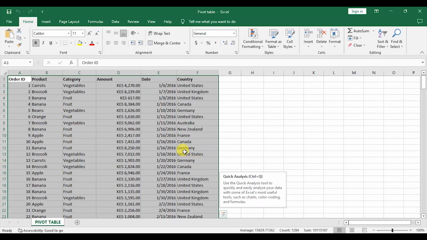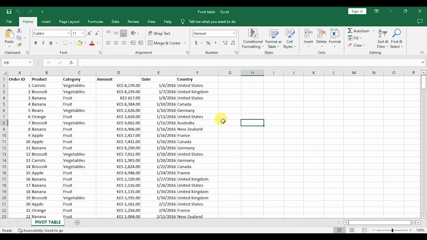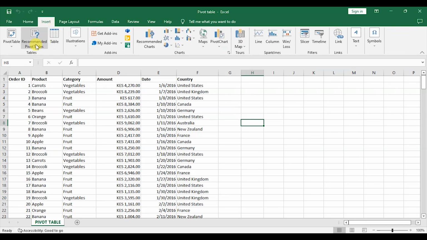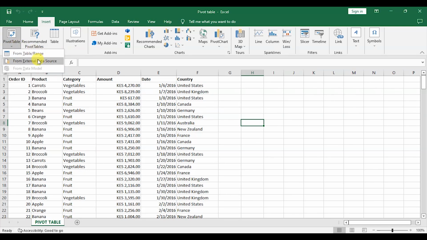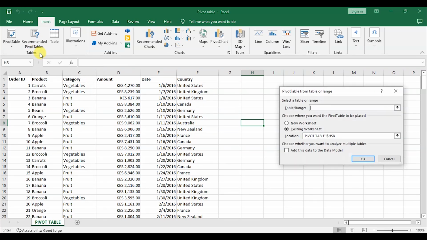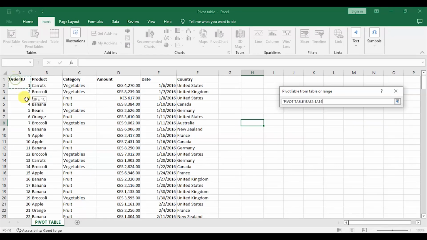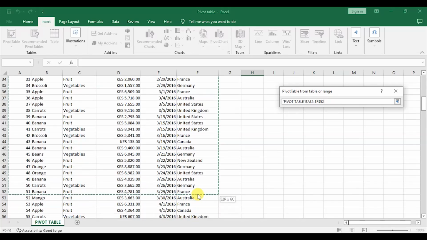To access pivot tables, they are inside the Insert menu, and you can see Pivot Table here. When you click on it, you can see that you have an opportunity to do it from a table, and you can also do it from an external data source. So it can either be from a table or a range. When you click on from a table or a range, it means you have to select all this. To make your work easier, instead of selecting the range,